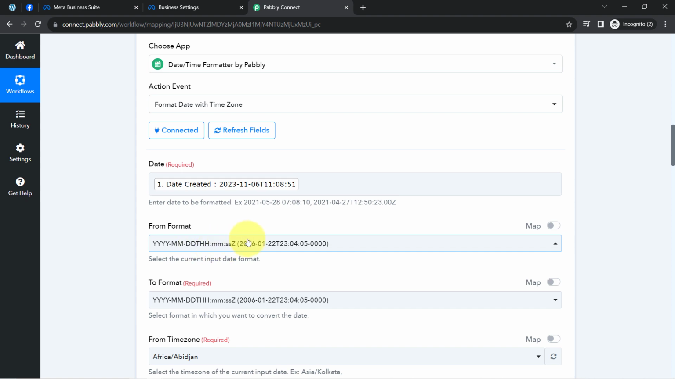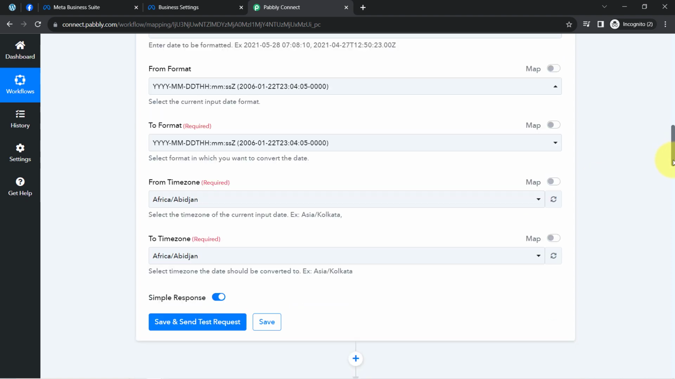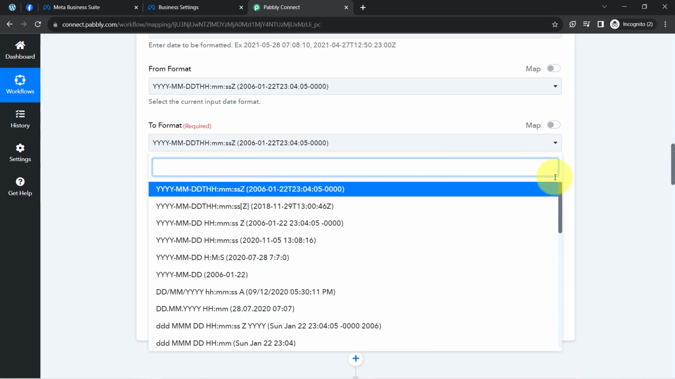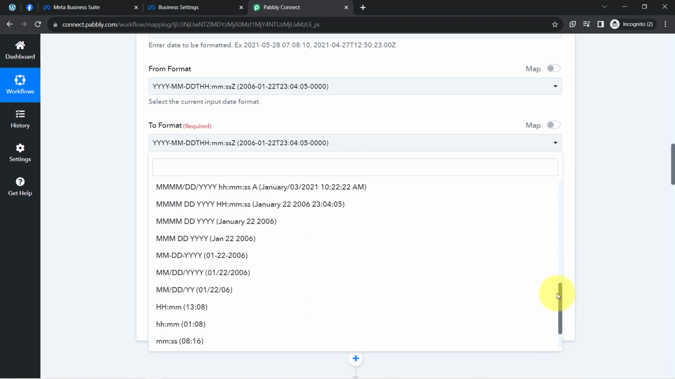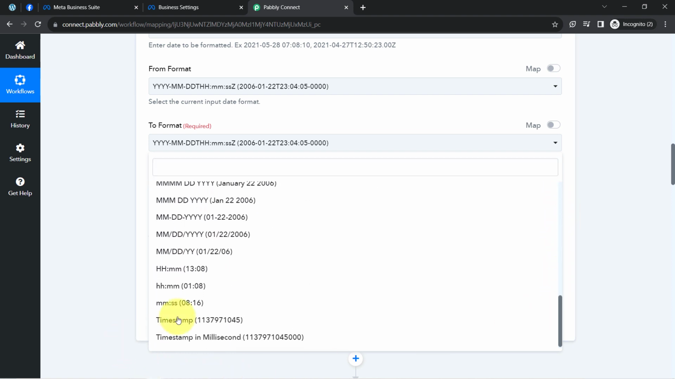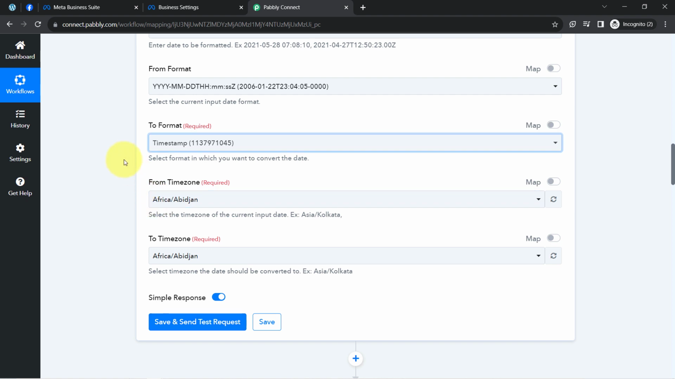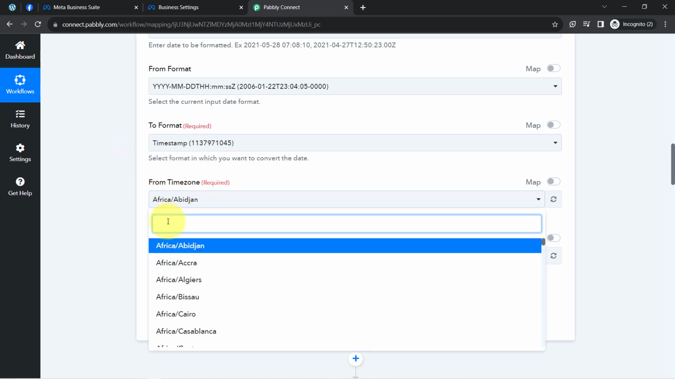Okay, so I think the same format has got selected automatically. Asking for the to format, so remember it is asking for the timestamp format, so I'll be selecting the same. All right, so here I am selecting this timestamp format. Asking for the time zone, because I'm not doing any time conversion, so I'll be selecting the same,